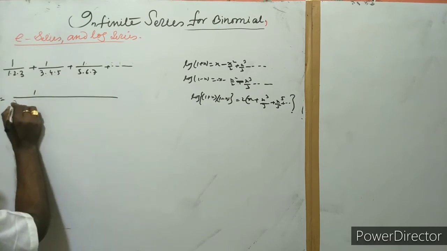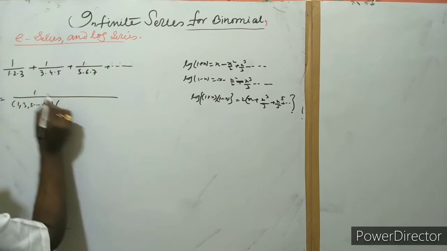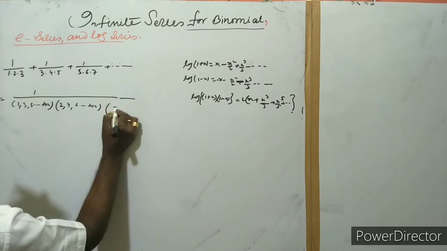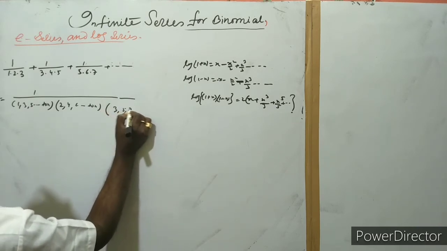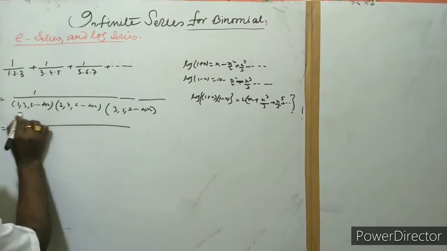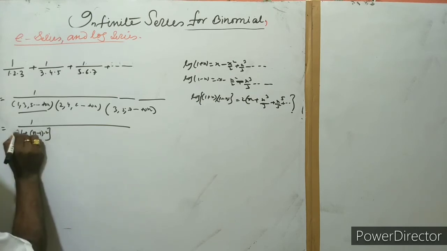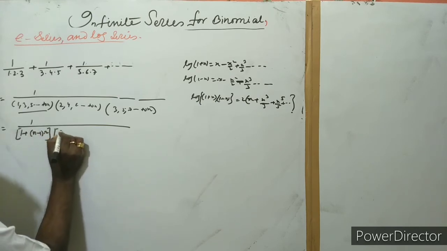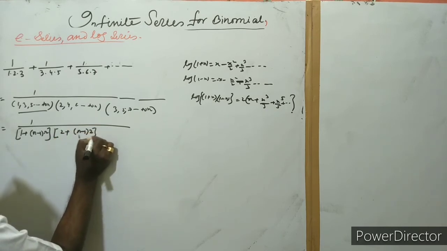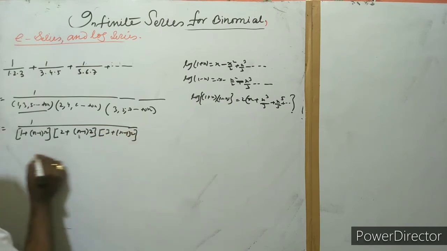For 1, 3 and 5 up to 2n, find the nth term. And also here 2, 4, 6 up to 2n, the nth term. And also 3, 5, 7 up to the nth term. We have to find here. So for that, the nth term of this is here 1 plus n minus 1 into 2. And now for this 2 into n minus 1 into 2, and 3 plus n minus 1 into 2.